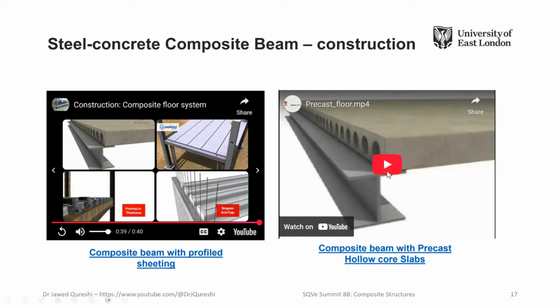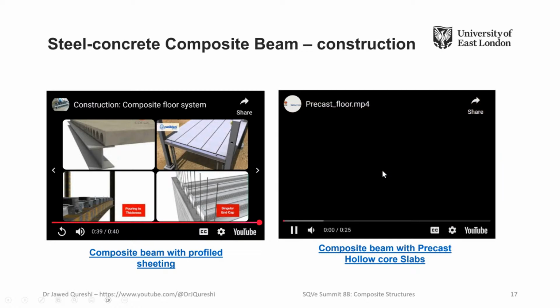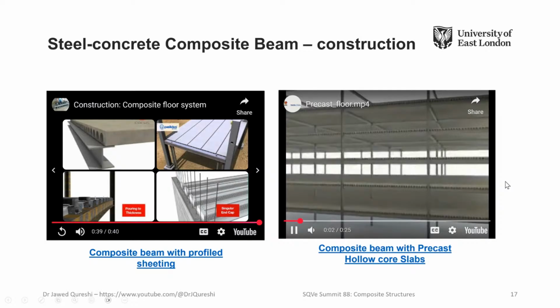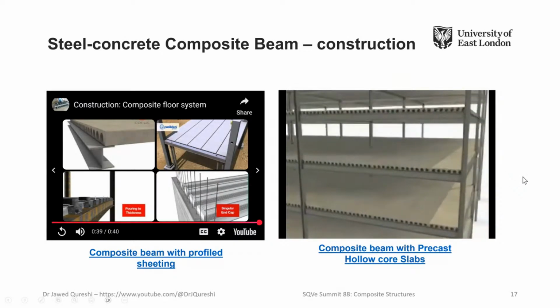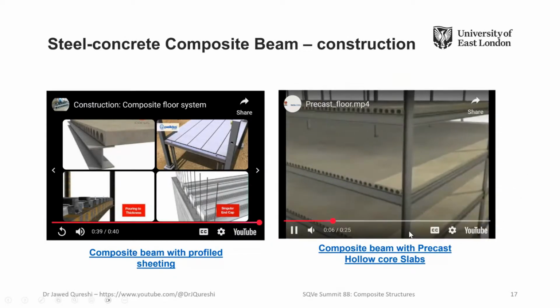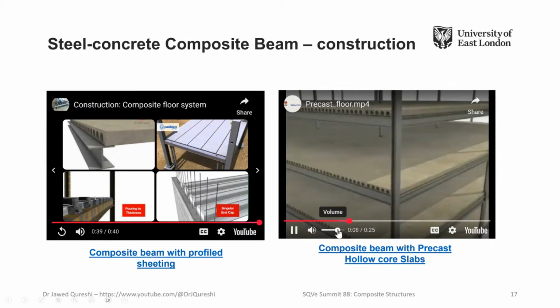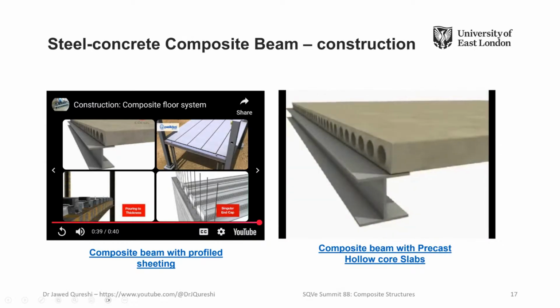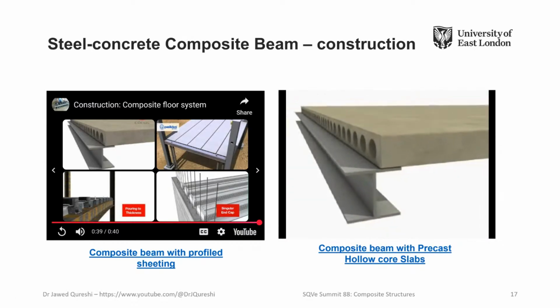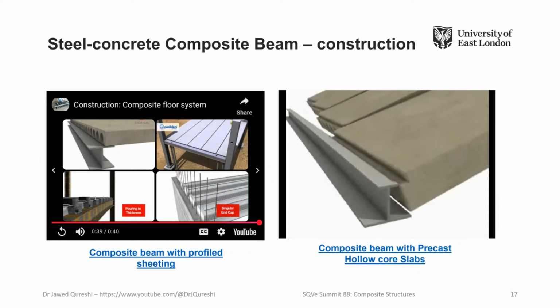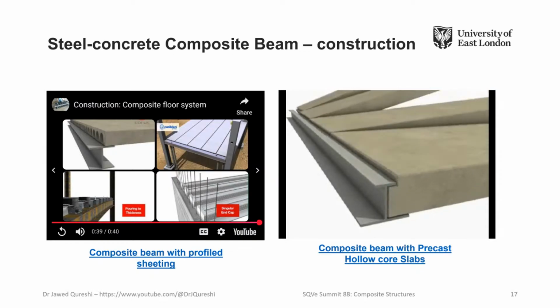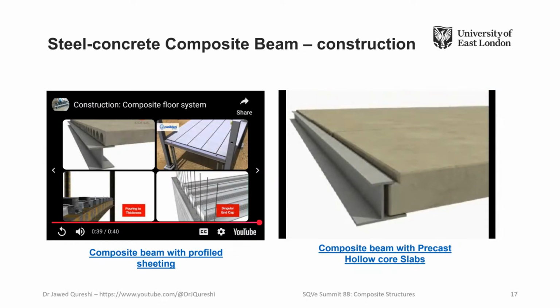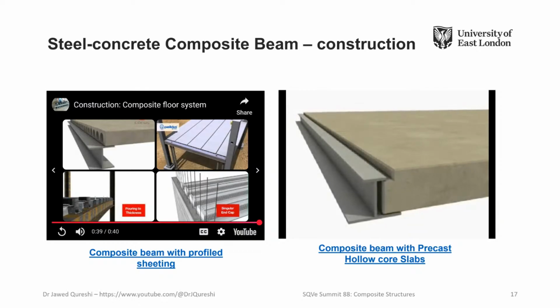And I will play one for hollow core slabs as well. For shorter spans, precast concrete floor slabs can be used with steel beams. These precast units may be supported on the top flange of universal beams or on the bottom flange of asymmetric slim floor beams, or ASBs. An ASB has a wider bottom flange, which enables precast units to be placed without clashing with the top flange.